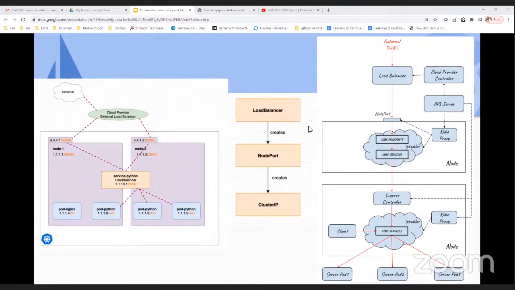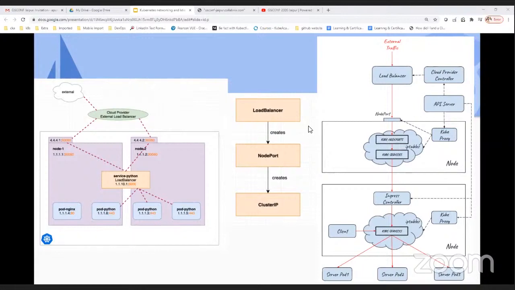If you look at the left hand side of the diagram, here you will come to know how traffic exactly reaches your pod. If you look at the top level, external traffic, and if you look at 4.4.4.1, this 4.4.4.1 is the external IP of your node, and it is mapping to port 30080. And again, these two ports get connected to your load balancer service, and from the load balancer I am able to access the service.